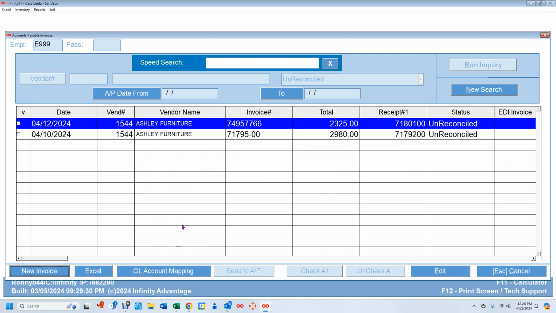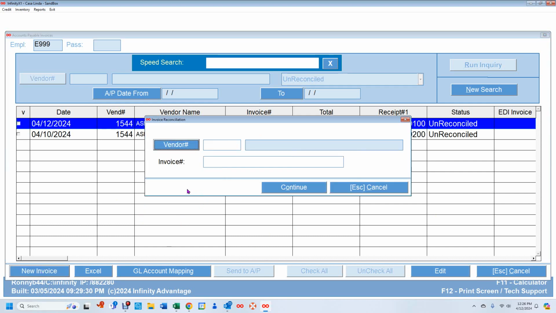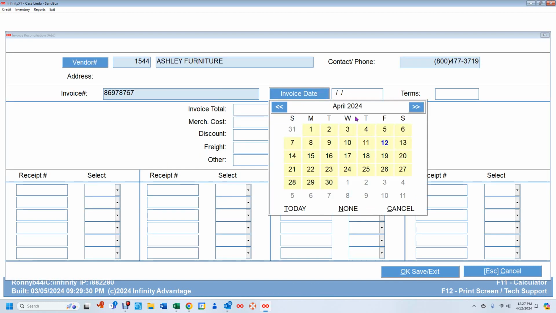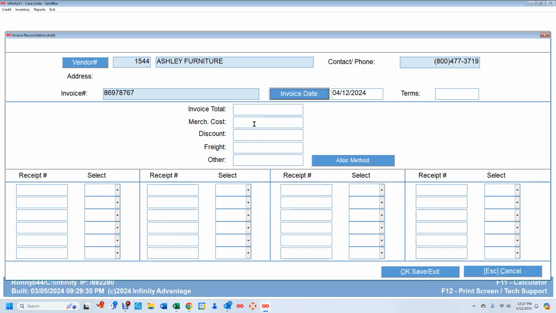So that was that one. We're going to do the second one now. And in this one, we're going to do the same thing. We're going to go to the invoice. Let it know who it is. Put in the receipt number, the invoice number, I should say. Go to the same screen as we went to before. This time we're not going to have any other expenses other than the